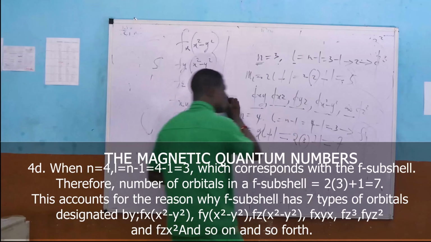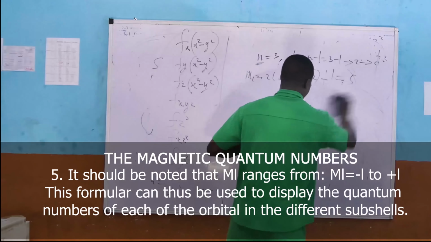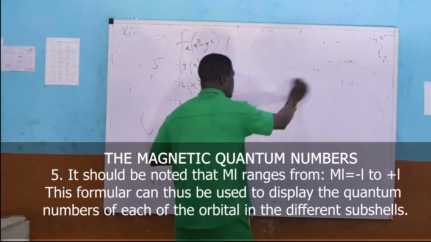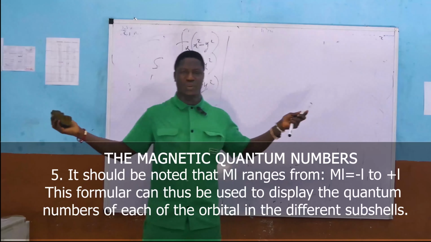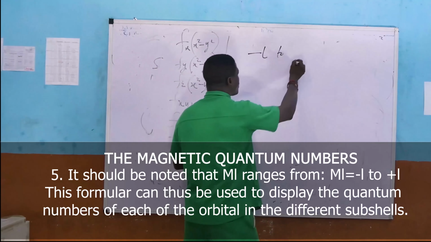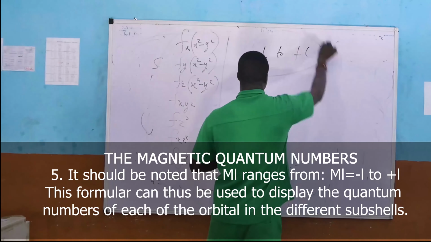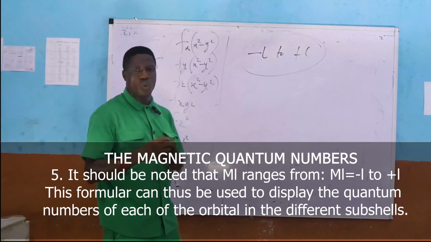Another significant fact that you need to know concerning the magnetic quantum number is that the magnetic quantum number can only take possible values ranging from minus l to plus l. Meaning that once you have a knowledge of the azimuthal quantum number, you can as well